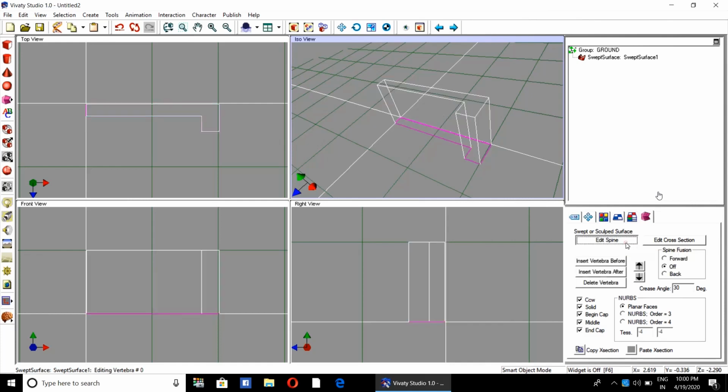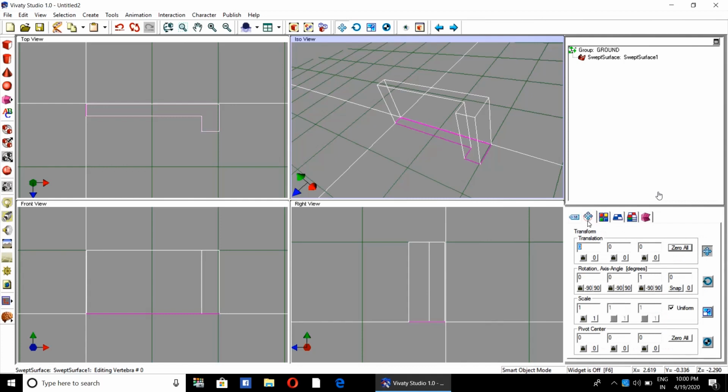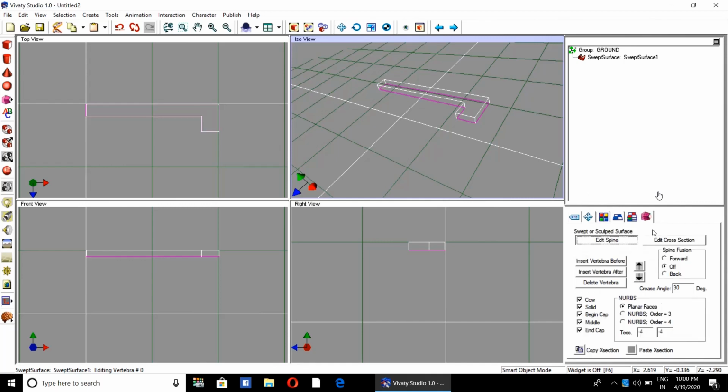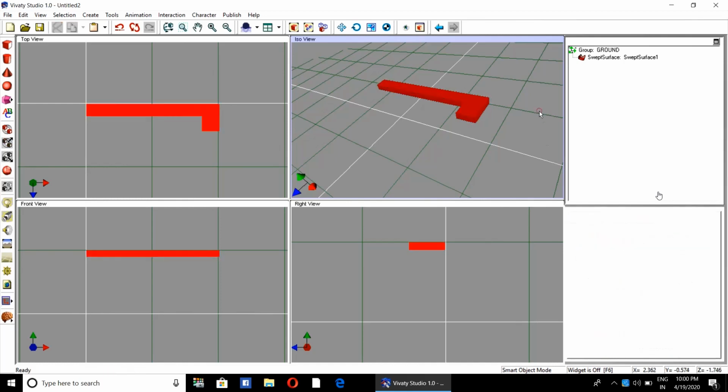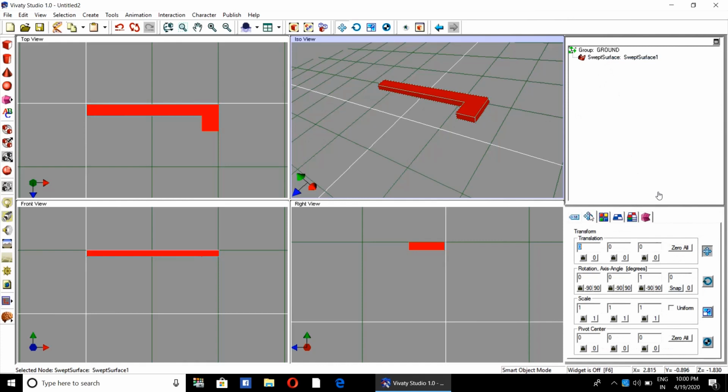So go to edit spine, then along the y-axis you can reduce the height by 0.9, and it will become thin. By default it was 1, I have made it 0.9 along the y-axis, so effectively it is now 0.1.